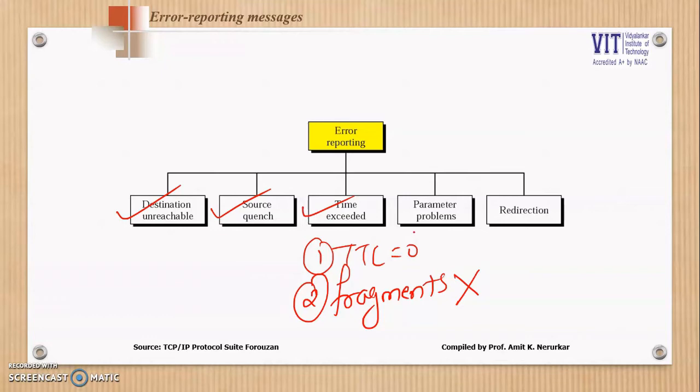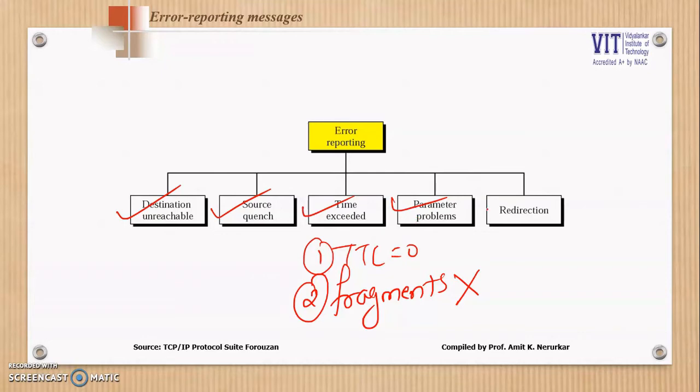The next type of message, the fourth message, is known as parameter problem. Whenever you send a message, either there is an issue in the IP header section, or there is an issue in the option section. So whenever I send a particular packet and if the packet is not delivered successfully because there was an error in the header or there was an error in the IP option, this message known as parameter problem would be sent.